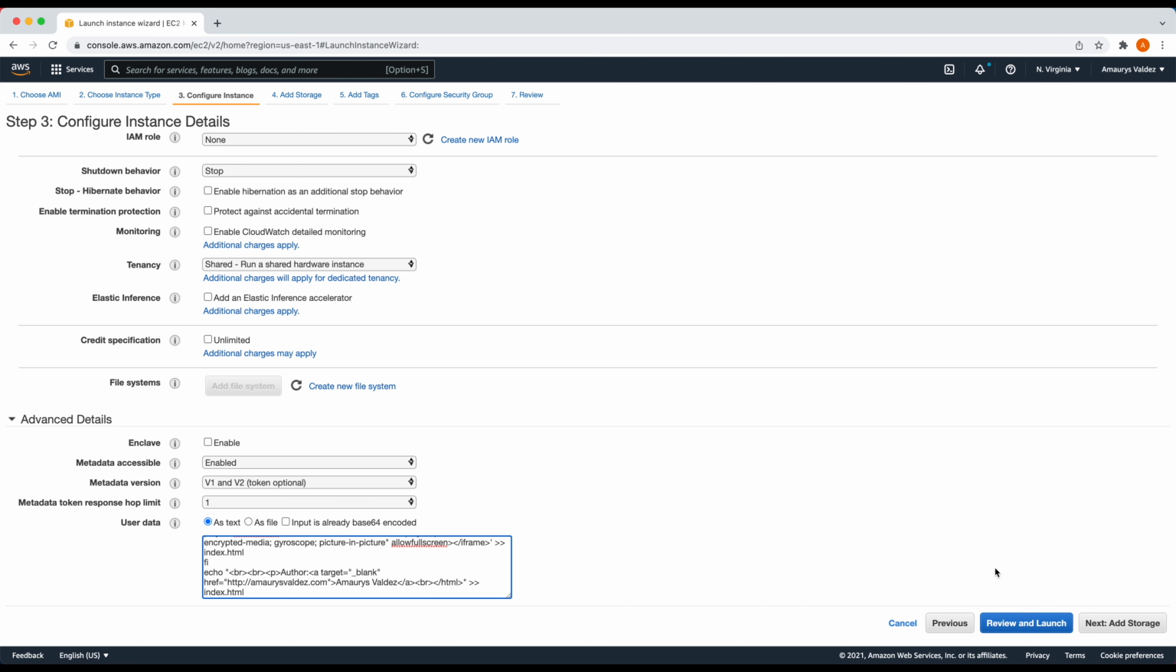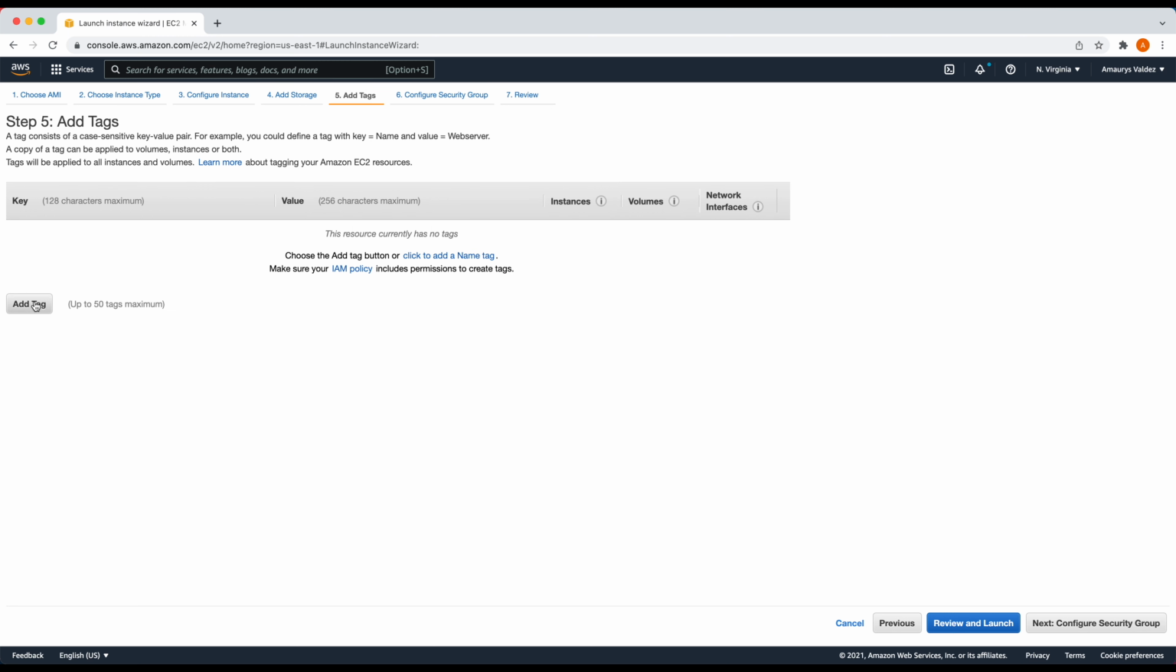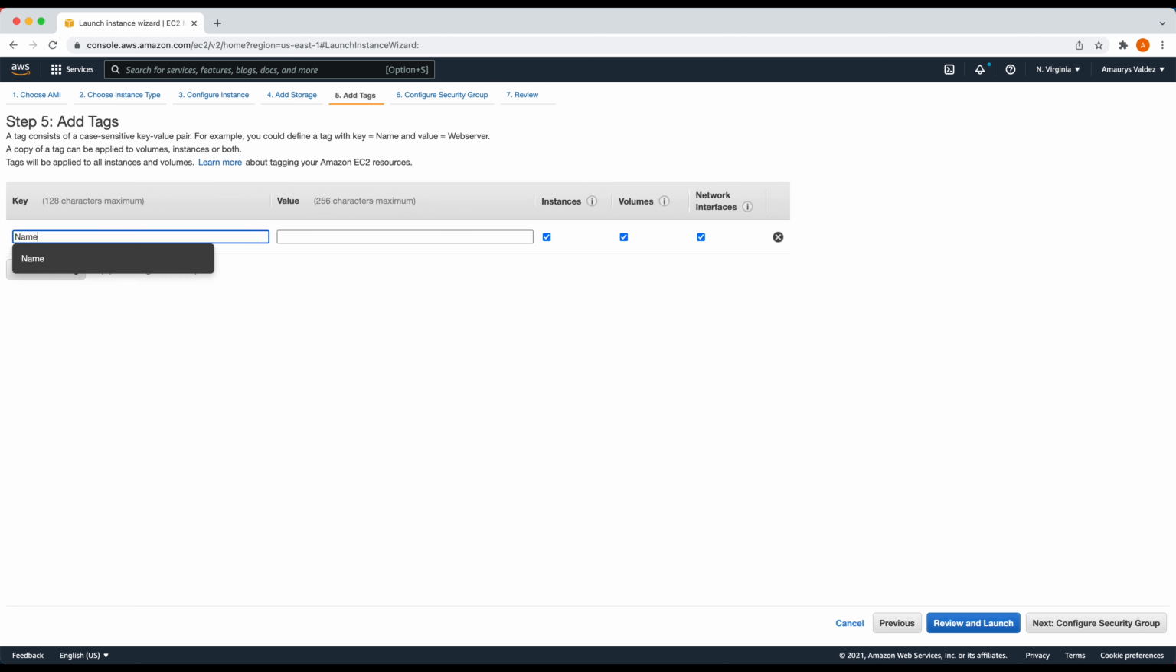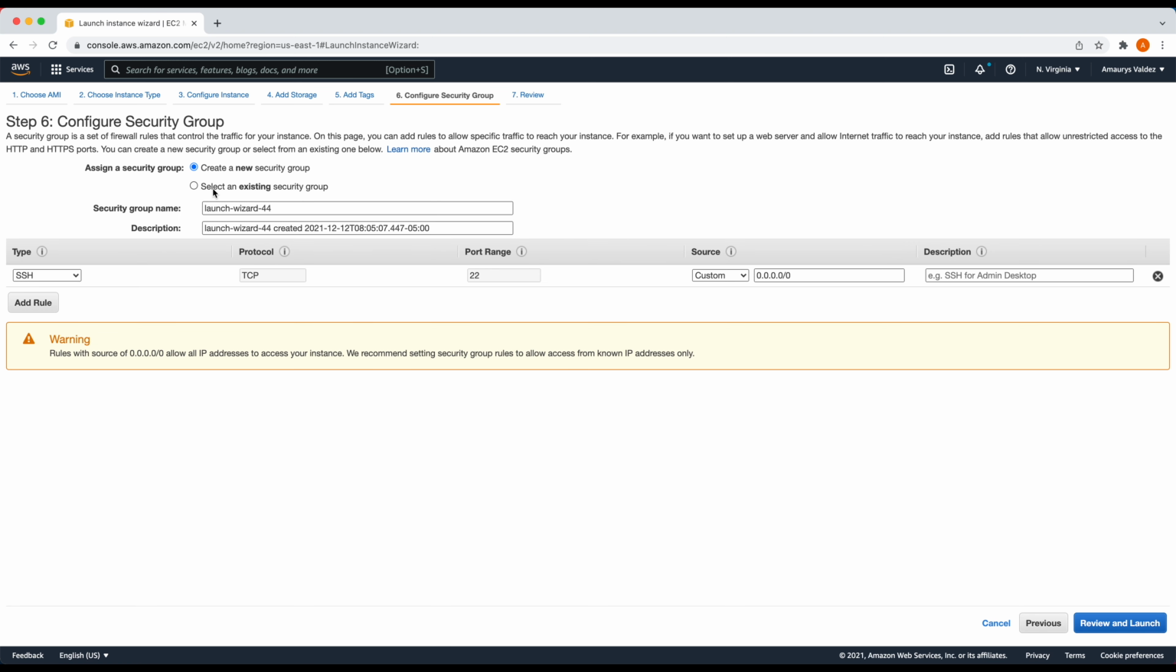All right, so two more things to do. We're going to set the tags, and we're going to set the security group to enable port 80 so that we can view this web page that we created using this script. So let's add storage, add tags, and we're going to just simply add the name tag. We're going to name this custom machine, and the security group, we're going to create a new security group, and